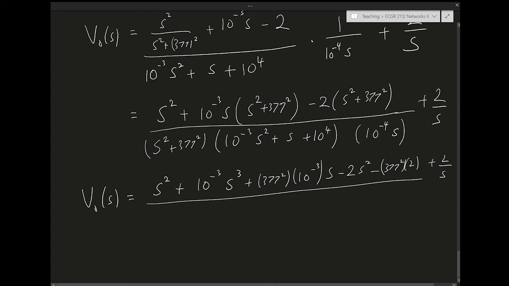So I end up with s, and then s squared plus 377 squared. And then I took the 10 to the power minus 4 in, so it becomes 10 to the power minus 4 minus 3 minus 7 s squared plus 10 to the minus 4 s. 10 to the power 4 times 10 to the minus 4 is just 1, plus 1. Okay,